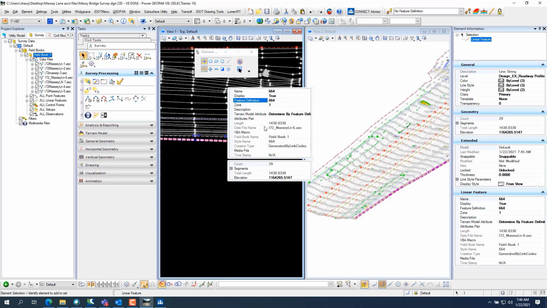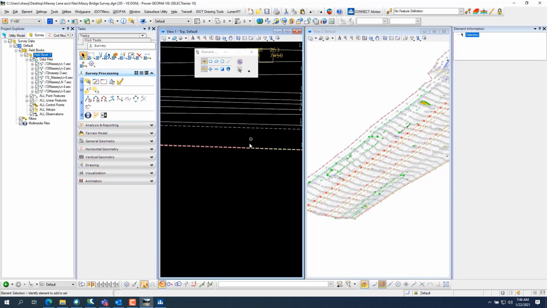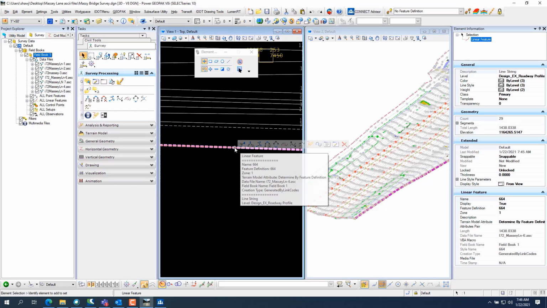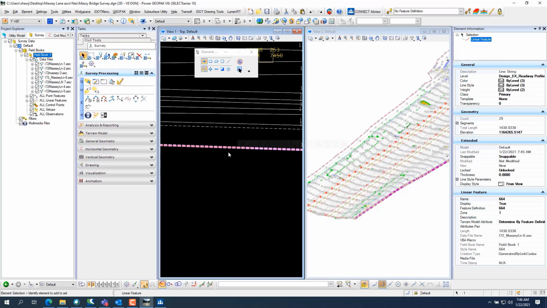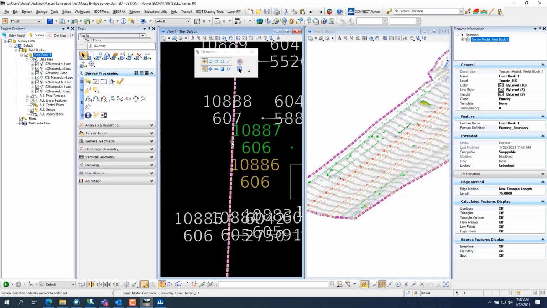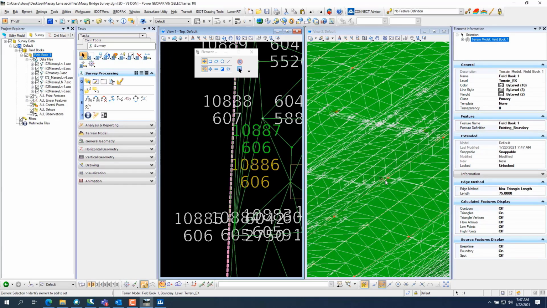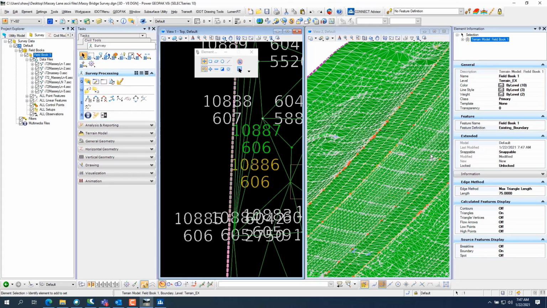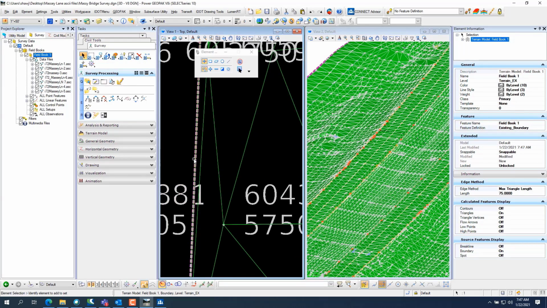Turn on properties. Okay, you got to find a place where you can pick on the terrain model and go to properties. You want to turn on triangles. And you can just kind of see the 3D view in there. That's not actually set to a 3D view. So once you go in here to a terrain model and go to properties,